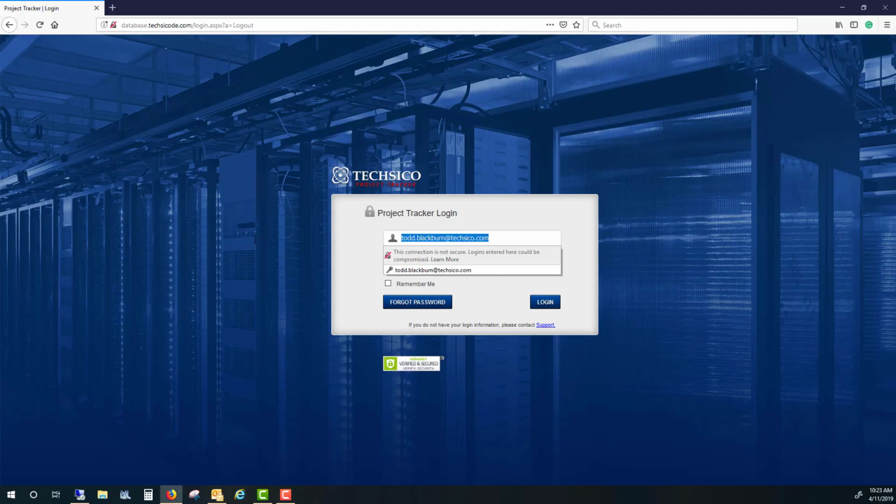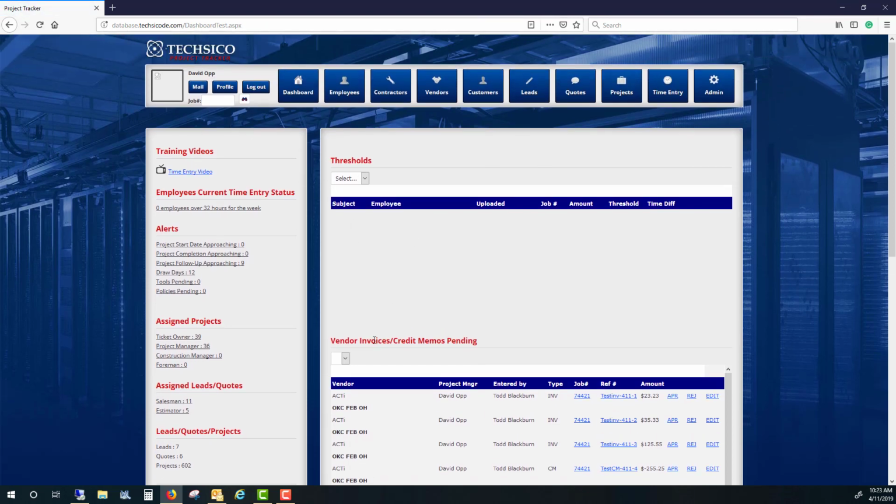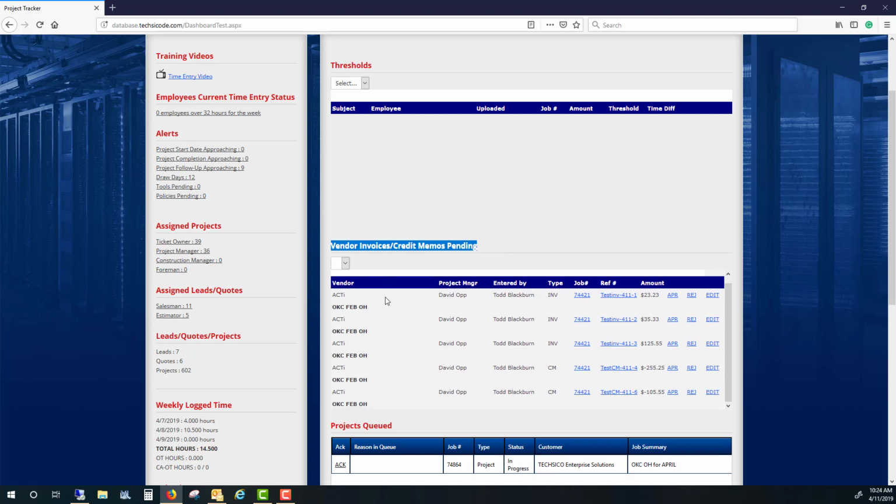All right, today I wanted to show you approvals of invoices and credit memos in our new system. When you first log in, you're going to see on your dashboard page, which is your landing page whenever you log in, your thresholds if you have any, and then below that will be vendor invoices and credit memos pending. So to start off looking at this, you have your vendor, you have your job description, your job title,